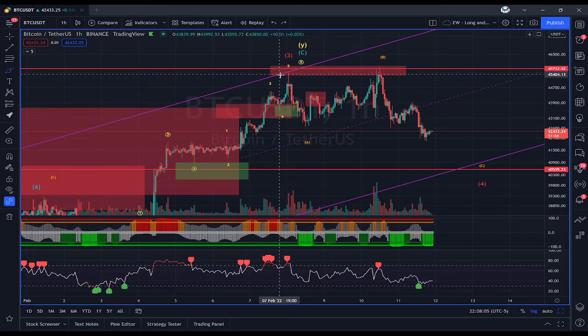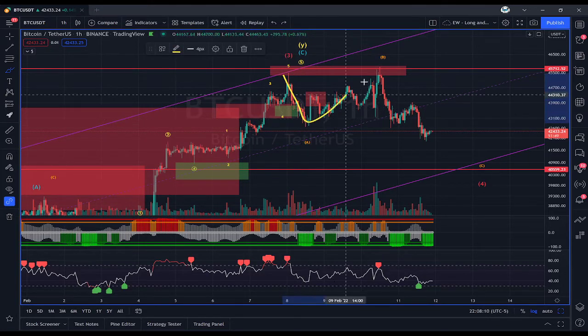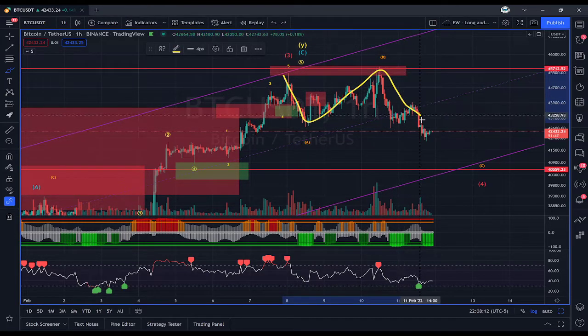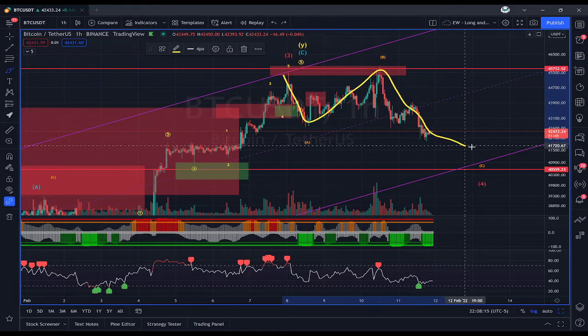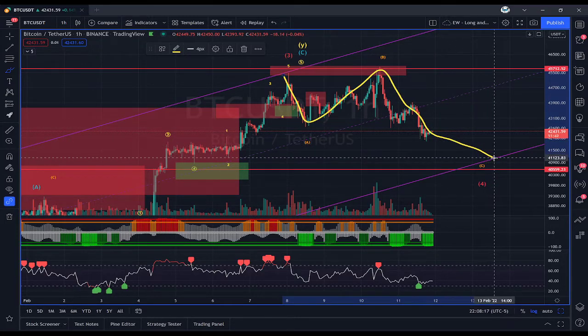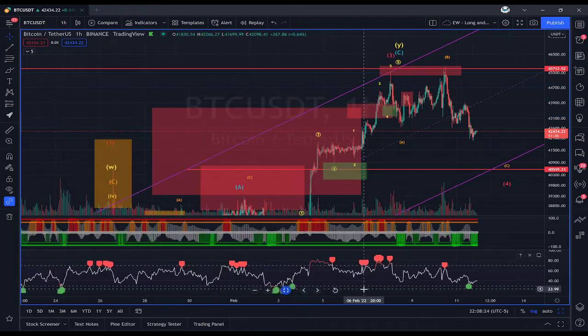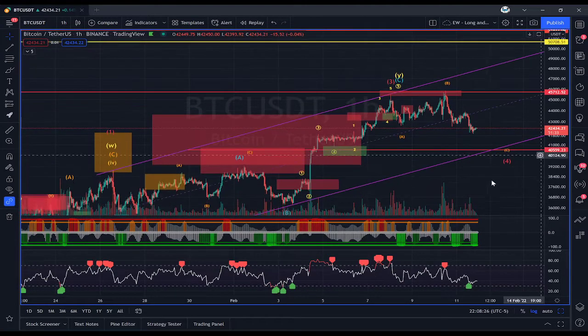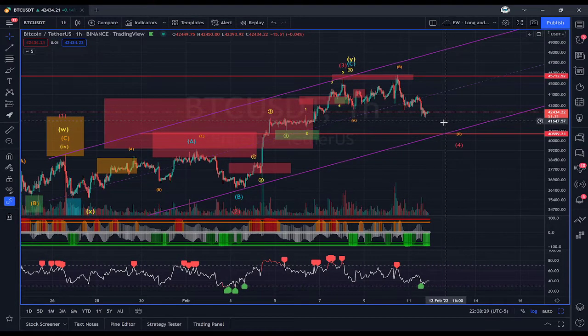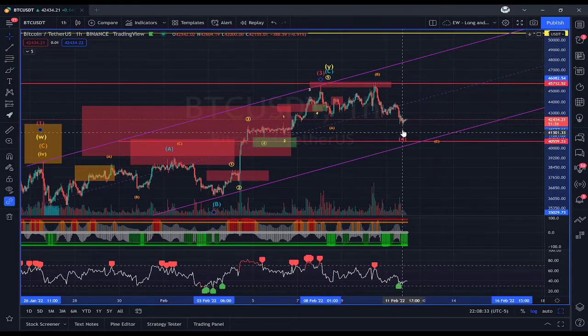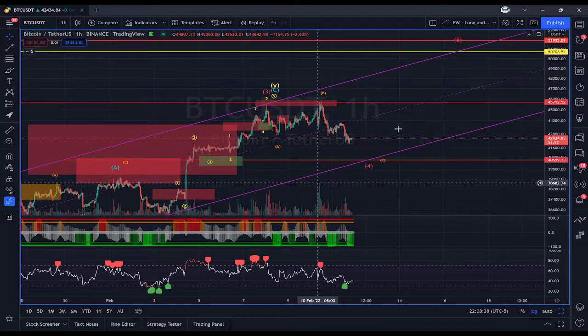Right, so what can potentially be happening is something like this, and then maybe we just drift sideways and downwards until we touch that line. What the bulls need to see from that point, if they want to continue holding this pattern, is that it really should touch that trend line or get close to it. I suppose it's possible it could be done now, but typically these things come down and touch the trend line, so that's really what I'm waiting for.